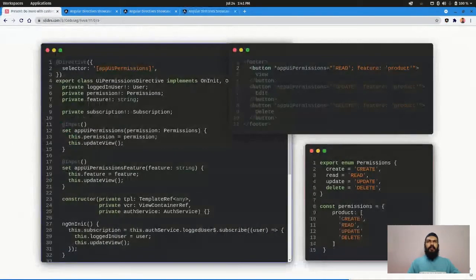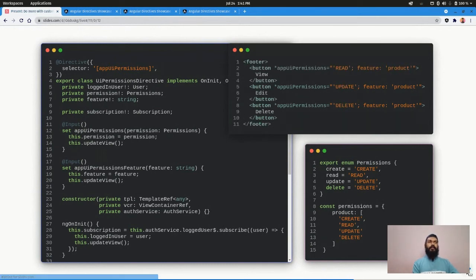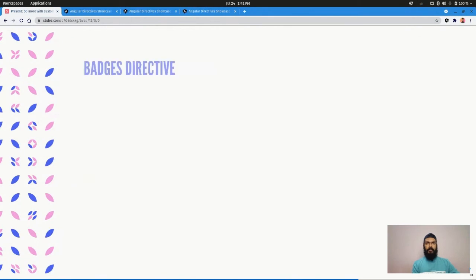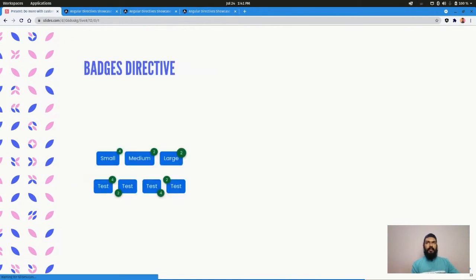And last, I'll show another very small directive that is quite common. We see that quite often. If you have gone through Angular Material, we have this directive called the badge directive. So we have these badges. If you want to maybe show some unread email count or notification count, etc., we normally show this.